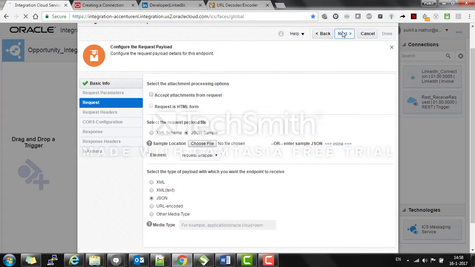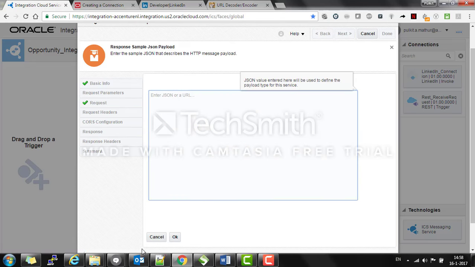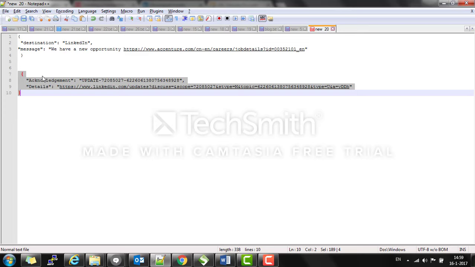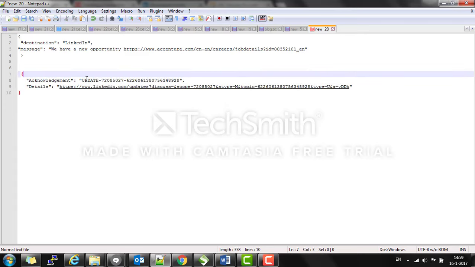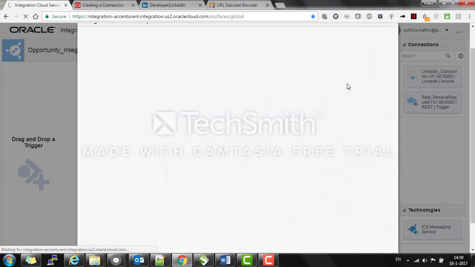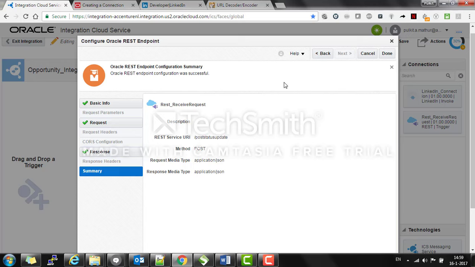Now let's go to the response payload, doing the same, providing a sample JSON response. The sample response that we want to send to the SOAP UI client is this. The first field is called acknowledgement, that is an update number, and second is the details, which is all provided by LinkedIn. So I'm just going to copy it and paste the JSON here and clicking OK. Clicking next,